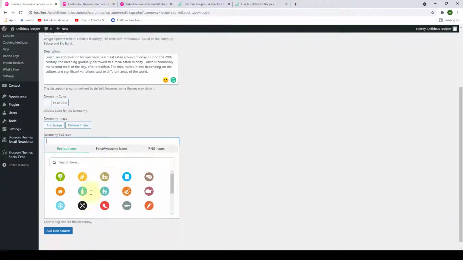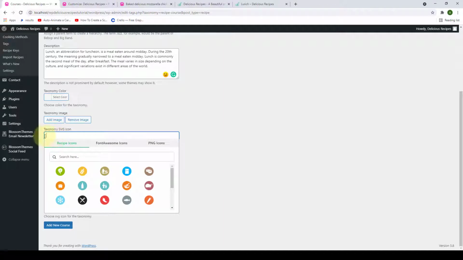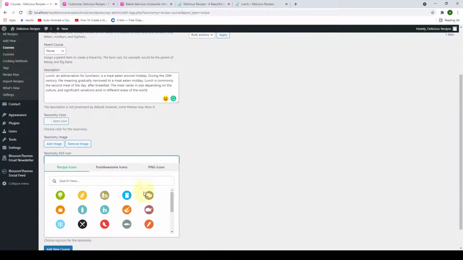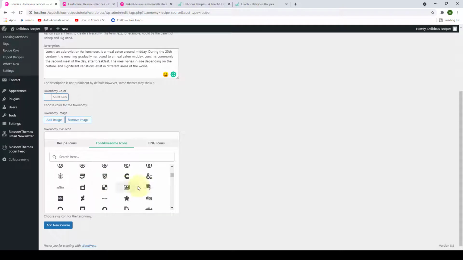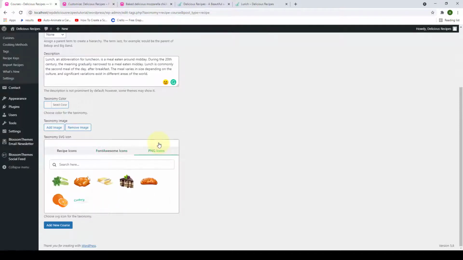So if you click here on this blank space, you can either add from the list of recipe icons that are already here, or you can also select from one of the Font Awesome icons, or you can select the PNG icons. Now let's assume that you do not want to add any of these PNG icons and you would rather add your own customized PNG icon. Then you can also do that. So to do this,